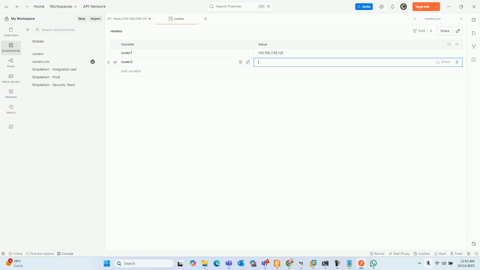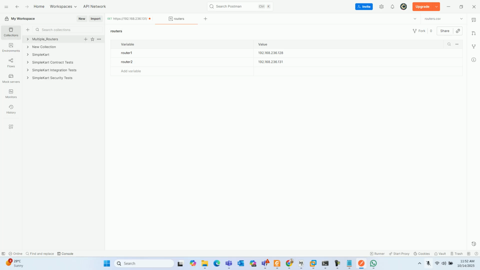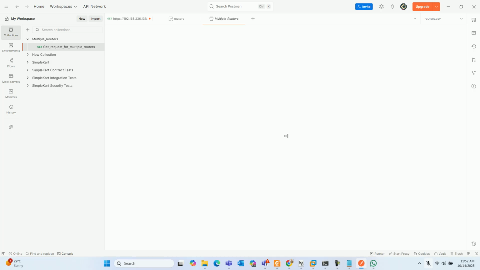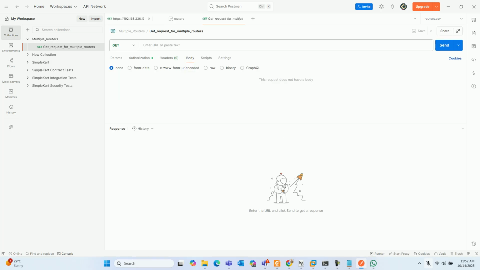Router 2 IP address is 192.168.236.131. So we have created an environment using the name routers. Then we again go back to the collection where we're running this get request. Inside this get request,